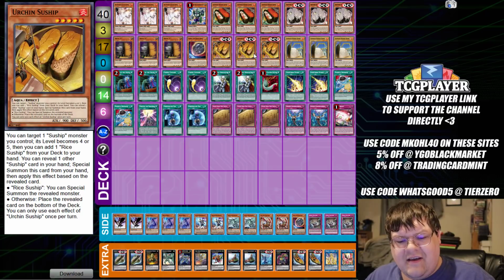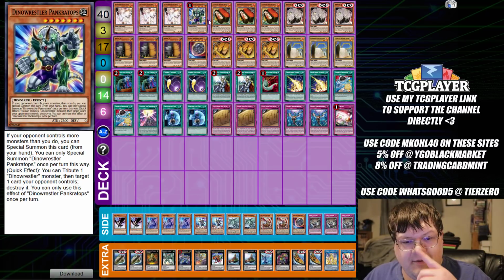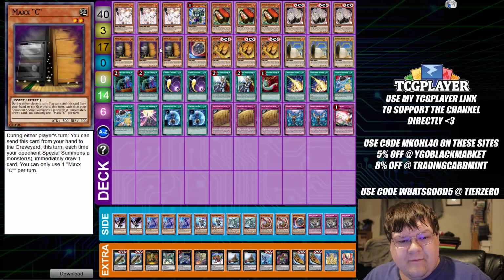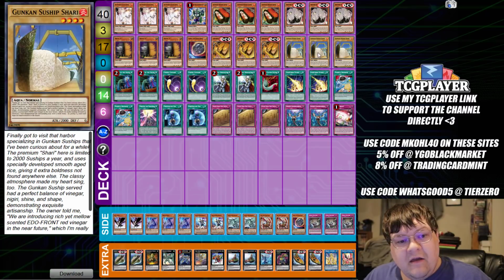This deck kind of feels like it's missing a little bit more, and hopefully we will get some further support for this, but who doesn't love the little sushi treats? So we have triple copies of Ash Blossom and Joy Spring, one copy of Pinkertops, triple copies of Ikora, triple copies of the Ice Fish, triple copies of Maxi, one Nibiru, triple copies of the Urchin Sous Ship,